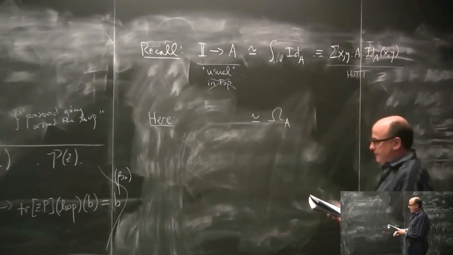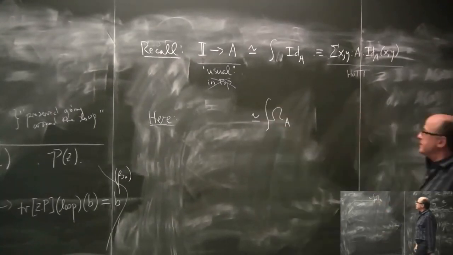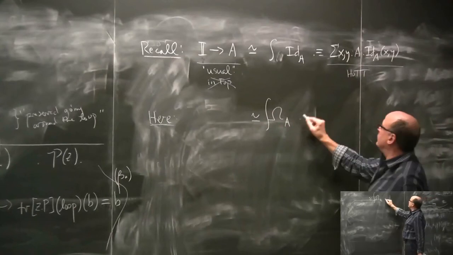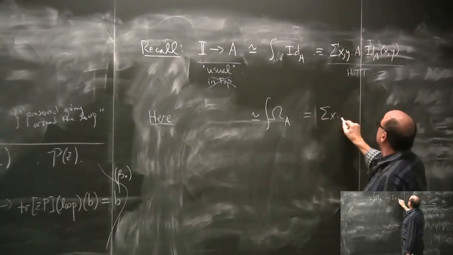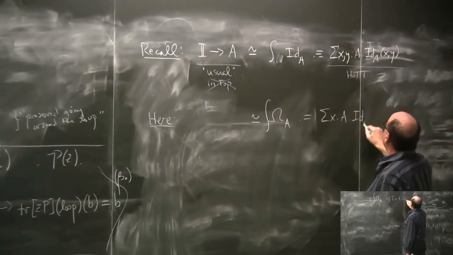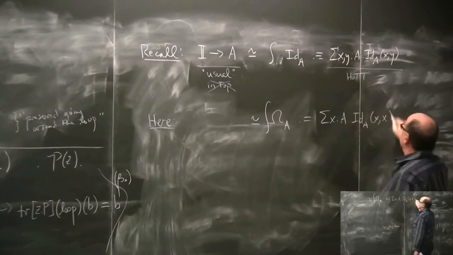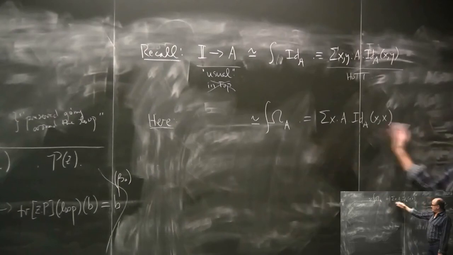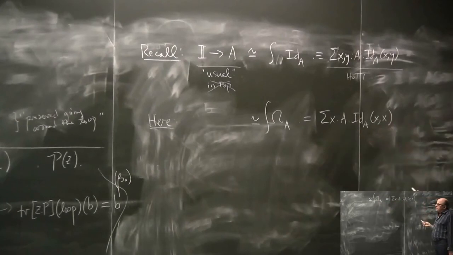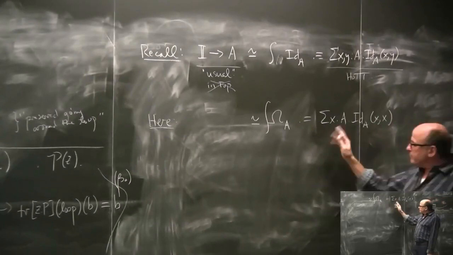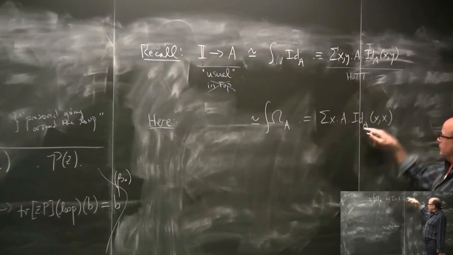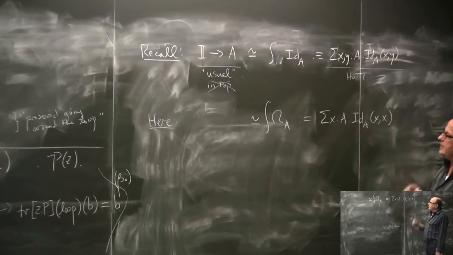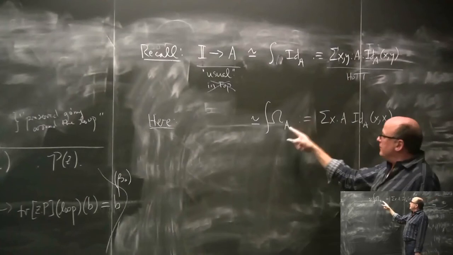Okay? It's written like that. In fact, I want the integral of the loop space of A. And what do I mean by that? This is the space of all the loops in A, which is all the paths from X to X. By summing them up, what I mean is I'm looking at all the loops. This is called the base point of the loop. If I pick a particular base point, then I will be talking about the loop space of A at that